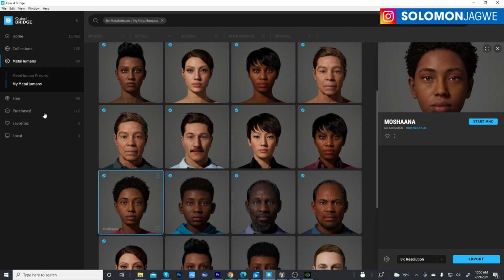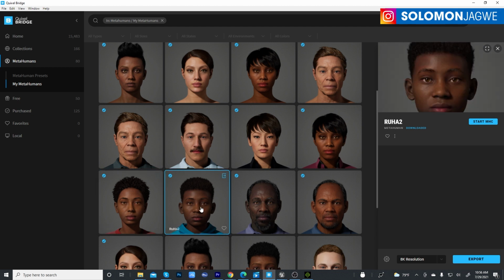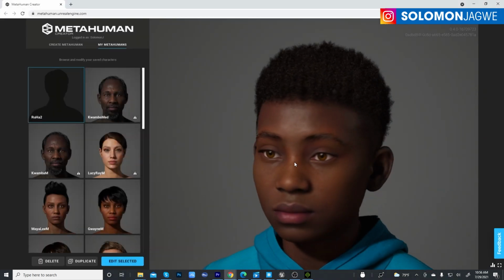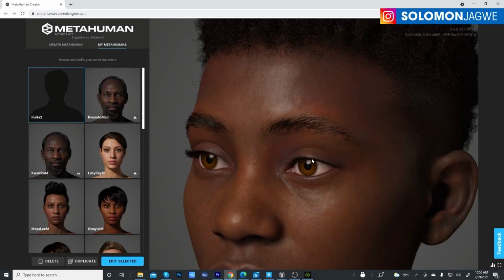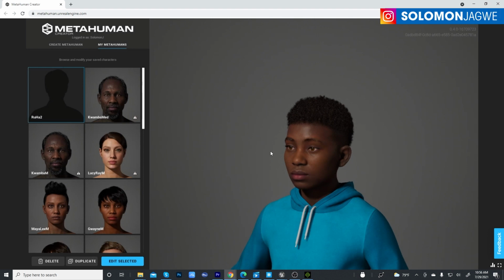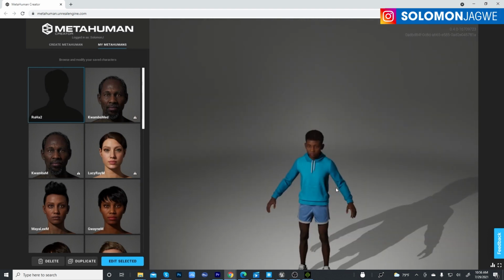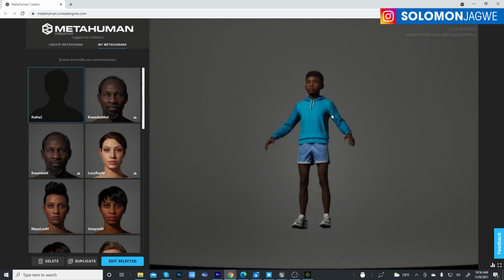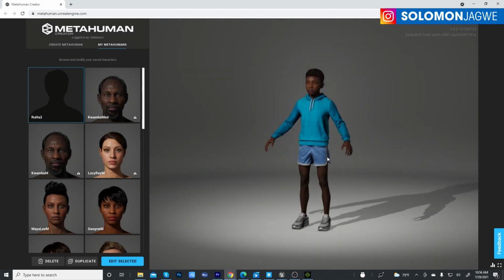Right now you can't really make babies in the MetaHuman Creator, but I wanted twin teens, a girl and a boy, at home with their dance-off. So he's the young boy, and I went to Create MetaHuman, went through the process, and created this character. You can see how beautiful he looks. And if I zoom out,